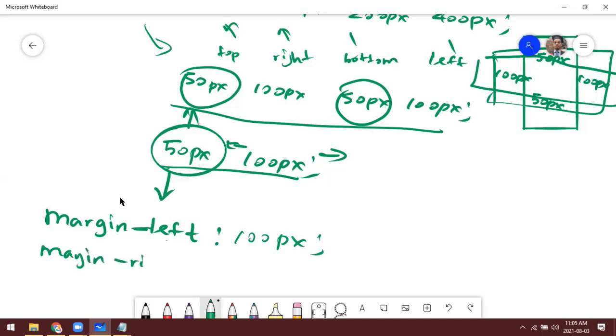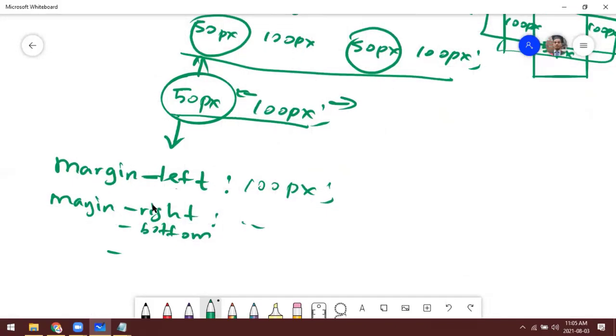Margin right, you can give like four directions are available: margin bottom and margin top. These all are applicable, right? So if you specifically mention the direction, the same is applied for, as I told you, the border, radius, and so on, even for the padding, padding left, padding right, padding bottom, top, like that.